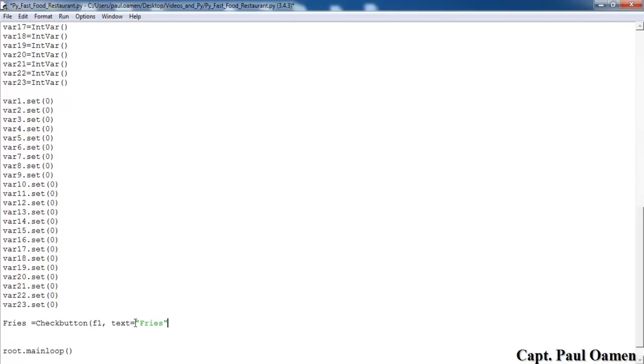Now let's say comma, variable, in this case equals variable 1, comma, and the value, make that value equals 1. That means checked. Then let's say if not checked, the value in this case will be equals to 0. Alright,